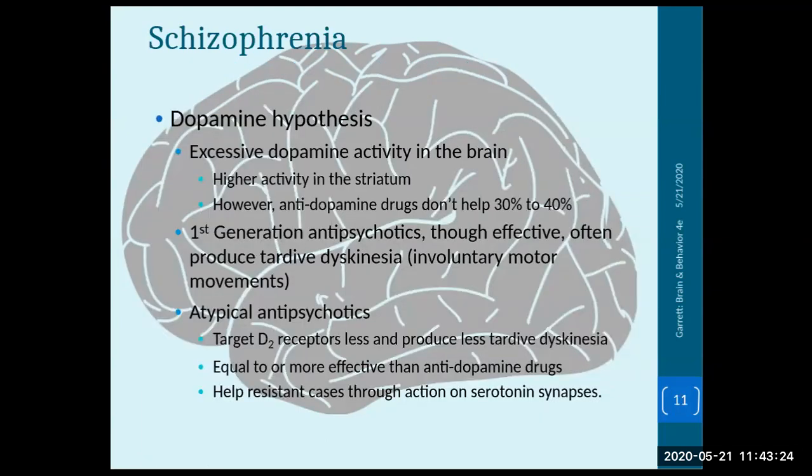So for about 40 to 50 years, we didn't know much about the type 2 or type 3 symptoms. We only dealt with, of course, the worst of them. So the biggest hypothesis for over 40 years with schizophrenia was the dopamine hypothesis that said, look, these are the symptoms that are the worst. These are the ones that need to be treated. So too much dopamine in the brain, we see higher activity in the